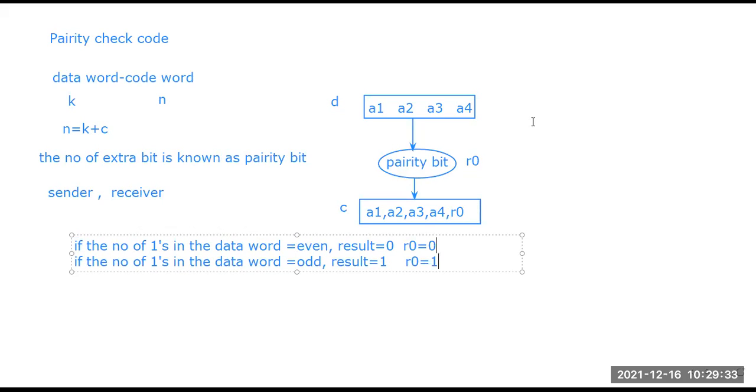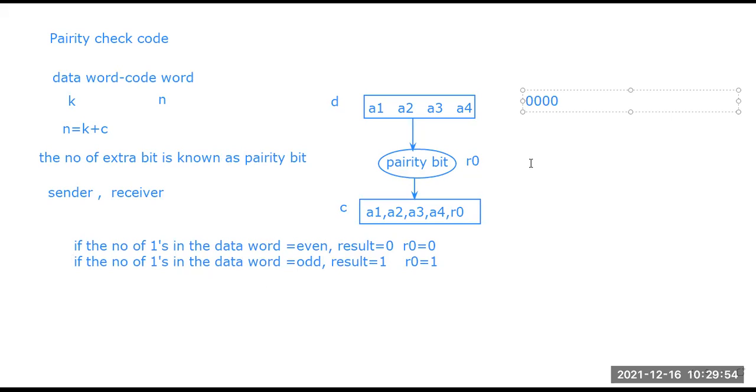Suppose we have the data bits 0, 0, 0, 0, and then a parity bit is going to be added. The value of that parity bit we calculate by adding all the values of the data bits, 0 plus 0 plus 0 plus 0.